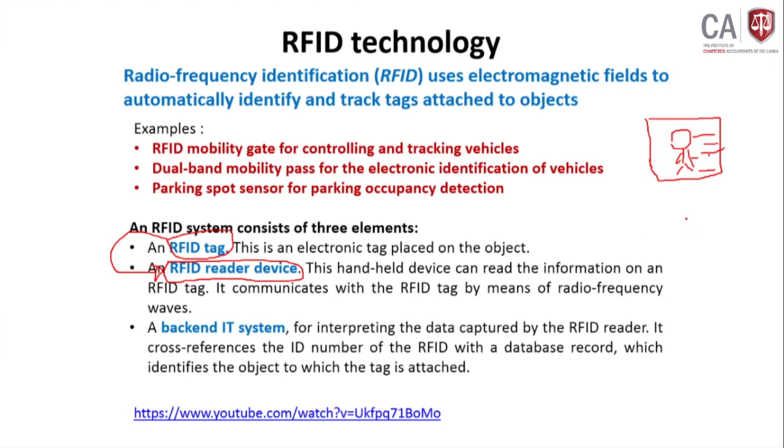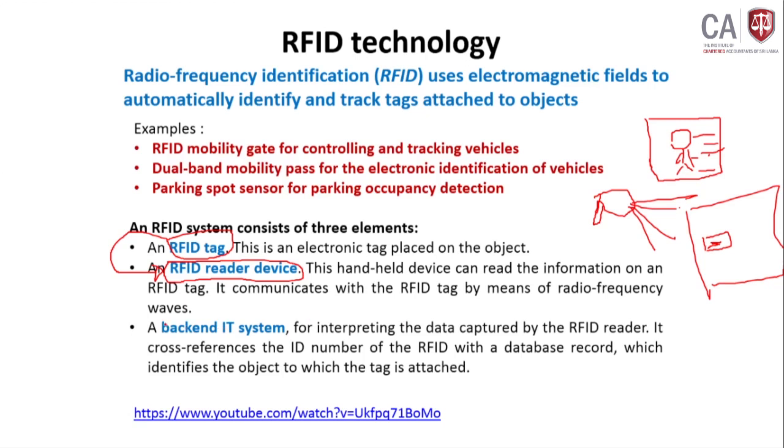So the RFID reader, let's say if it is a door, in the door there is a lock, so we will paste the RFID reader here. Or else in a supermarket, sometimes there are devices like this, I cannot draw well, and this RFID reader will send some radio frequency. When it is sending the radio frequency, it goes to the card, reads the data available in the tag and then retrieves the information.